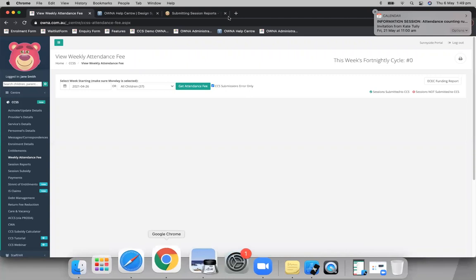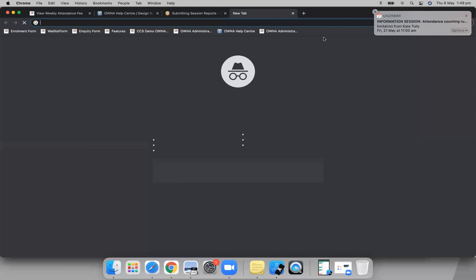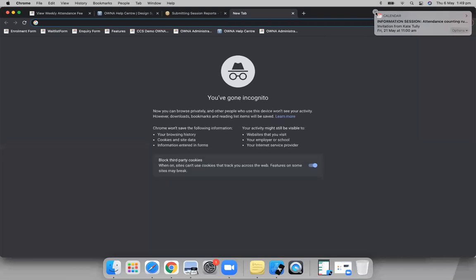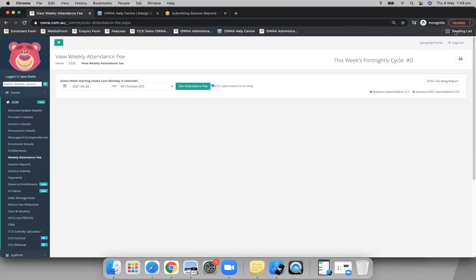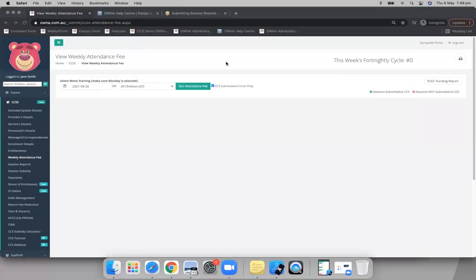Do I still have? Oh, I don't have it. Previously, I was showing you that picture from the weekly attendance fee screen. Essentially, any child, because it's incognito. Was I Safari before? No. I think something happened with my browsers before when I was playing around with them, so I can't find it. But